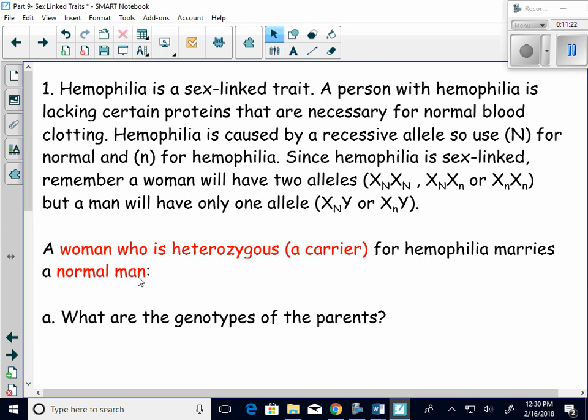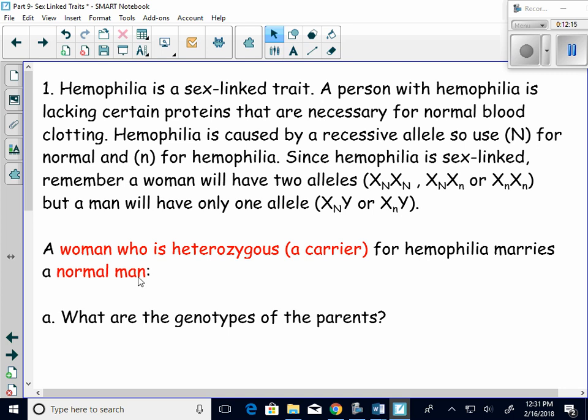It says that hemophilia is a sex-linked trait. A person with hemophilia is lacking certain proteins that are necessary for normal blood clotting. Hemophilia is caused by a recessive allele, so use capital N for normal, lowercase n for hemophilia. Since hemophilia is sex-linked, remember, a woman will have 2 alleles. Therefore, they will be X capital N, X capital N, could be X capital N, X lowercase n, or X lowercase n, X lowercase n. A man will only have 1 X allele, so it'll be X capital N Y or X